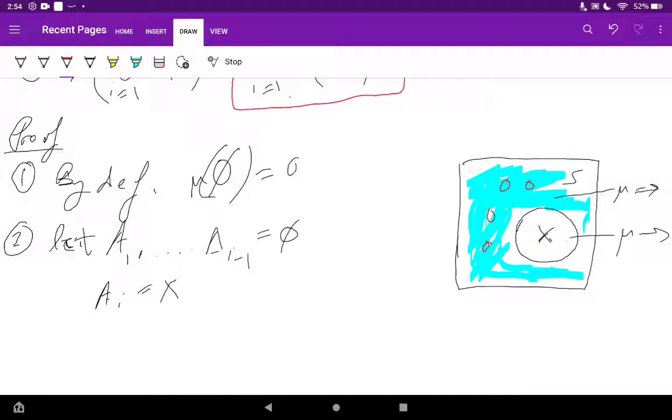Let's say these are all A's, and there are also A's here, one A here. But by the way, one very critical thing: there cannot be more than one A inside X, because one of the conditions is that it has to be disjoint. So in order for the whole thing to be disjoint, we cannot have another